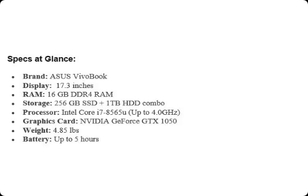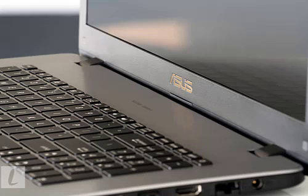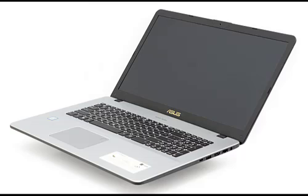Firstly, it features a massive 8th generation Intel i7 4.6 GHz processor. That's pretty neat, although single cores are fairly outdated. The random access memory packs 16 GB of DDR4, which is pretty neat. Even though you might not be able to play the latest games on it, this spec configuration is pretty solid